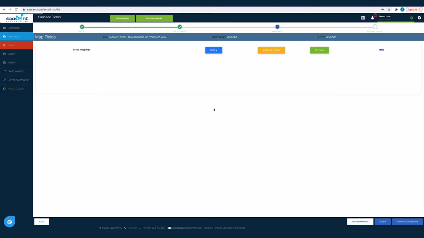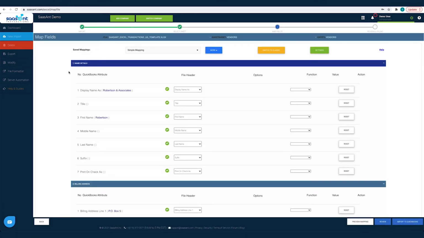This is the crucial part of importing. Observe the steps carefully to avoid any errors while importing. The left column lists the QuickBooks fields as available in QuickBooks. The next column lists the file headers as you have in your file. All you have to do is map the file header to the corresponding QuickBooks field. This mapping is to make SaasAnt Transactions understand each file header so that it can post it under the appropriate